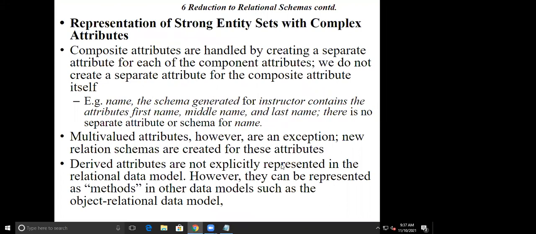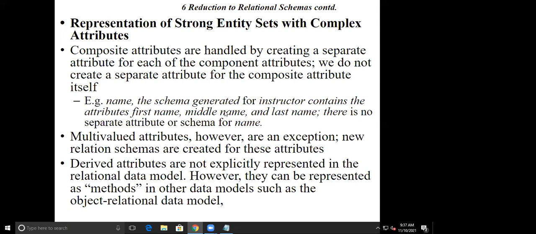Composite attributes are handled by creating a separate attribute for each of the component attributes. Okay, जेवढे जेवढे component attributes आहेत त्याला प्रत्येकाला separate attribute म्हणून relational model मध्ये treat केलं जातं. We do not create a separate attribute for the composite attribute itself. म्हणजे जे काय माझं composite attribute आहे name त्याच्यासाठी कुठलंही separate attribute create केलं जात नाही.